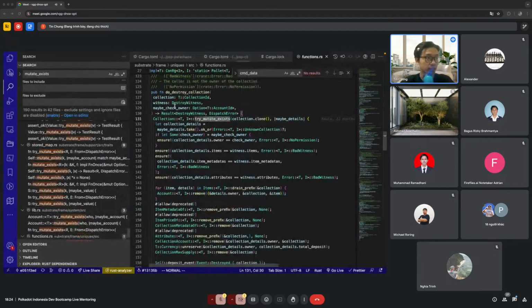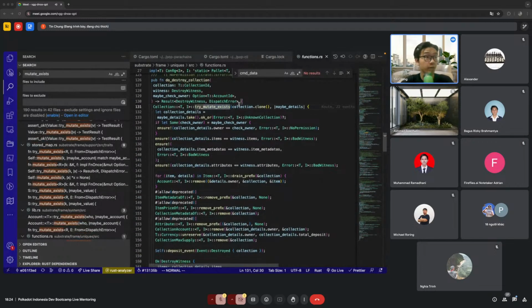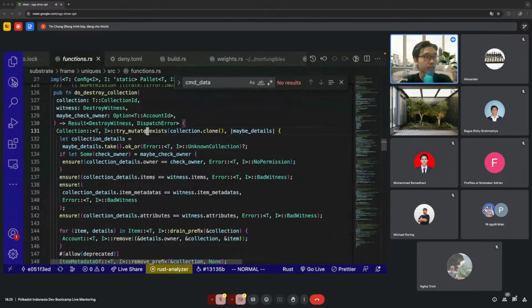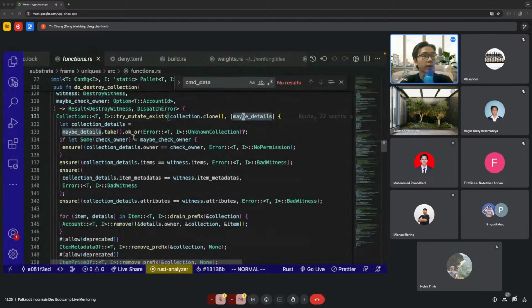What does this try mutate exists do? It basically reads the collection by the collection ID, and then it returns the maybe details. That means there may be a collection or not. And in here you can check if there's a collection, then we take it, or we're going to throw an error like unknown collection. And that's how try mutate exists works.